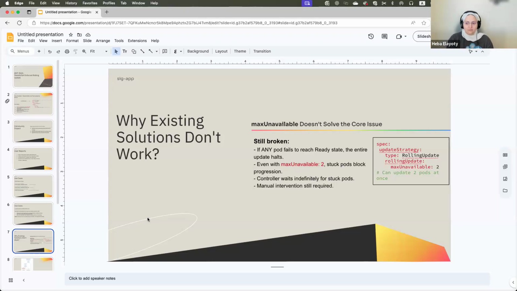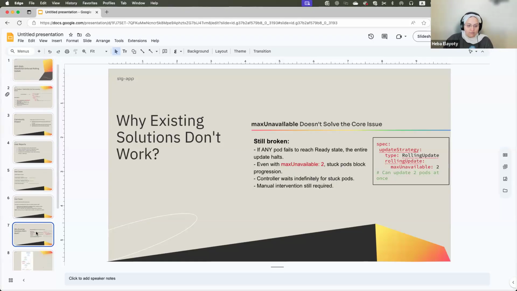This won't work because the pod will block the progress for the other stateful set pods. And this is basically as designed, it's per design. The controller will just wait indefinitely. So the max unavailable won't work, and